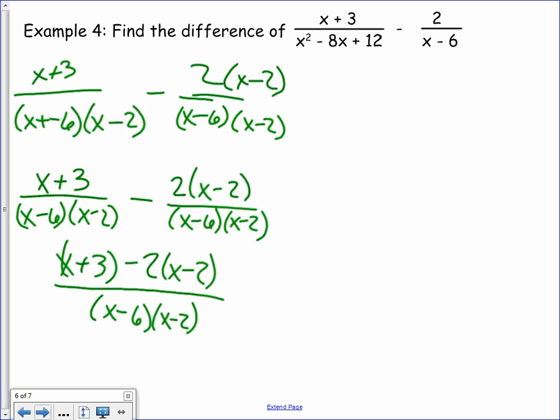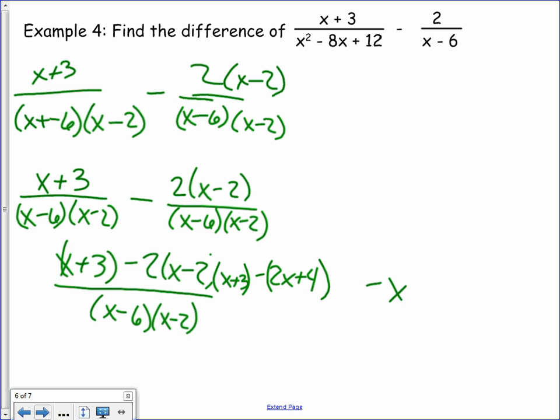So x plus 3, then this is going to be minus 2x plus 4. Sorry. Okay. So, and if we have x minus 2x, that's going to give us negative 1x, and 3 minus,